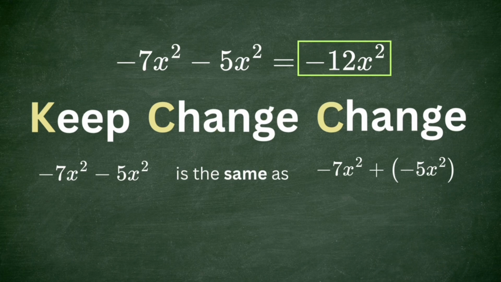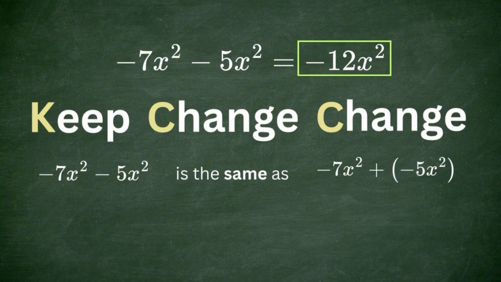5x squared. Now both numbers are negative, so we add their absolute values. 7 plus 5 equals 12. Then we copy the negative sign because both numbers were negative. So negative 7x squared minus 5x squared is equal to negative 12x squared. Wonderful work,